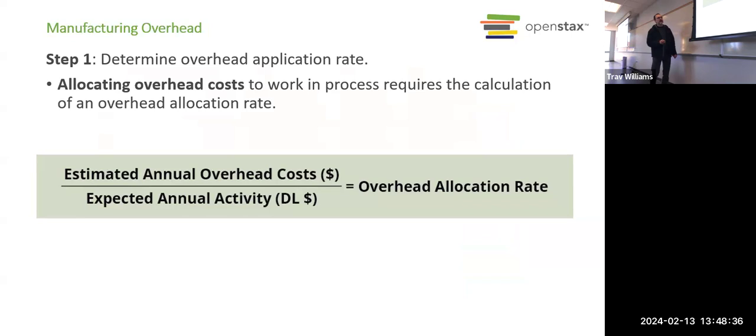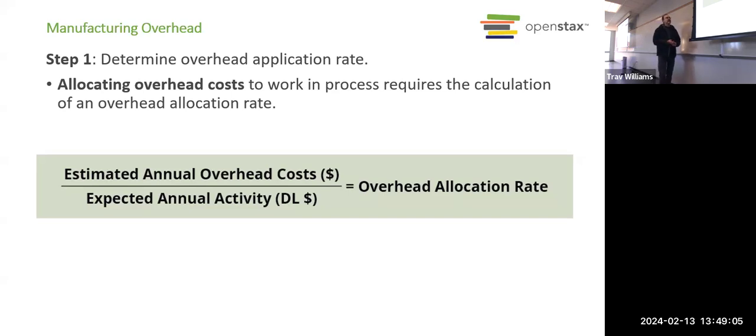overhead. As I mentioned, you have to estimate the overhead, right? Because we don't know when this particular sign is done, we don't know what the electricity costs were for the factory that month and how much of that to apply to this particular job. There's no way for us to keep track of all that overhead and apply it to every job. So we have to use some estimates.